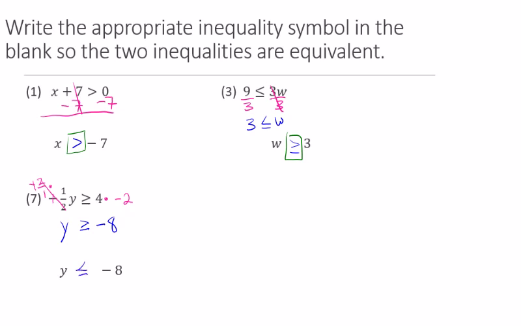So the trick is whenever you divide or multiply both sides by a negative, okay? Whenever you have a negative that you're multiplying or dividing both sides by, you have to flip the inequality around backwards, okay? And so 4 times negative 2 is still negative 8, but we have a less than or equal to, okay? All right, so just remember that whenever you multiply or divide by a negative,